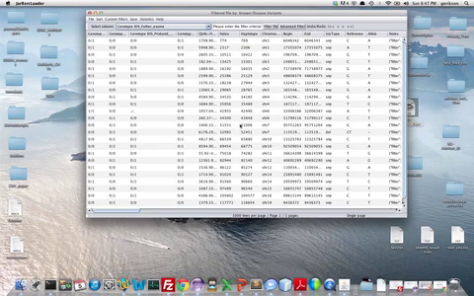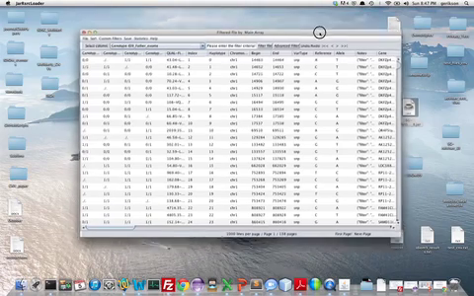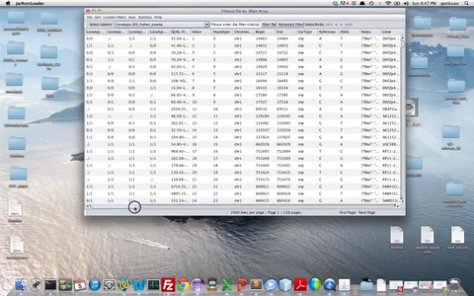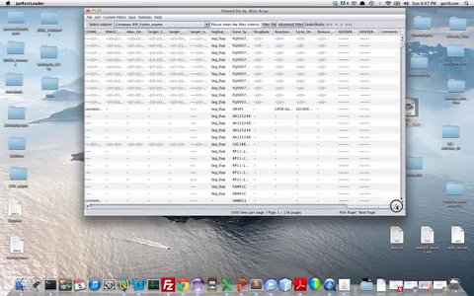Meaning none of those variants are probably the causative variants. So to go back to the original data, or to move in between filters, you can press on this one. So we go back to the original data and we can filter again